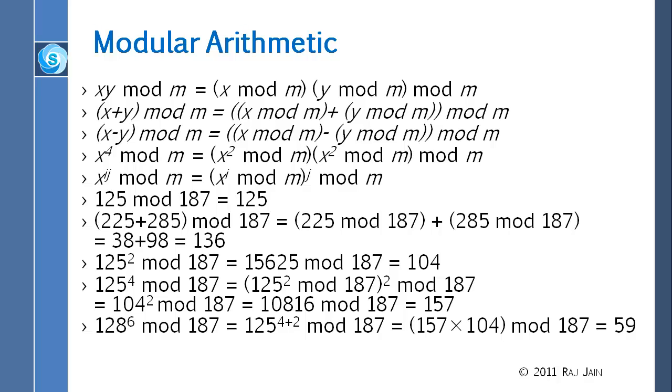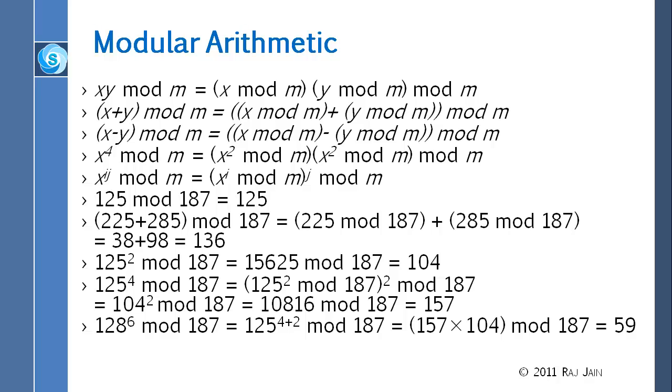So that is 125 raised to 4. If you want to get 125 raised to 6, you could do 4 and 2. And so 4 is 157, 2 is 104, and so the total is easy to calculate, and you get 59. Does everybody feel comfortable with the division, multiplication, powers and all that in mod? Okay. Alright, if you do,